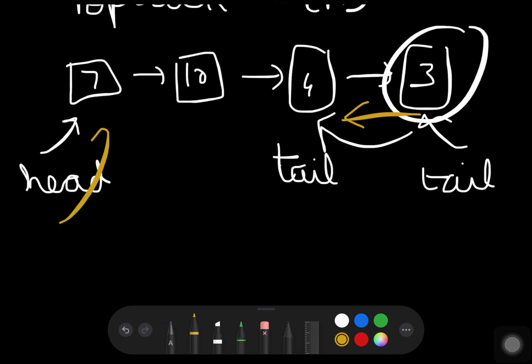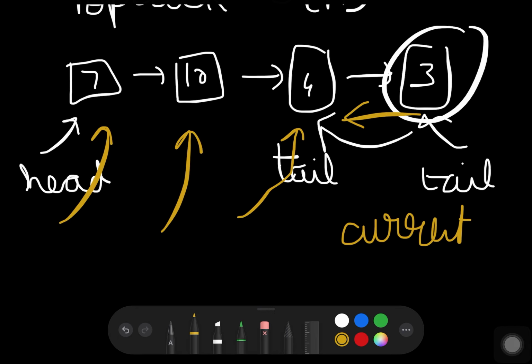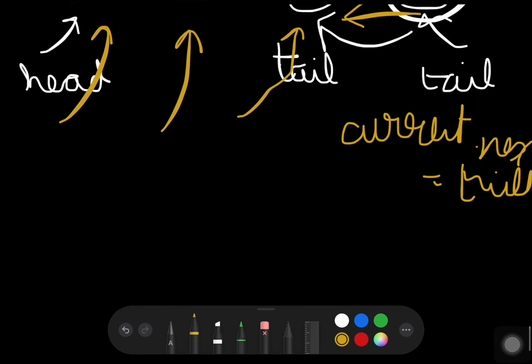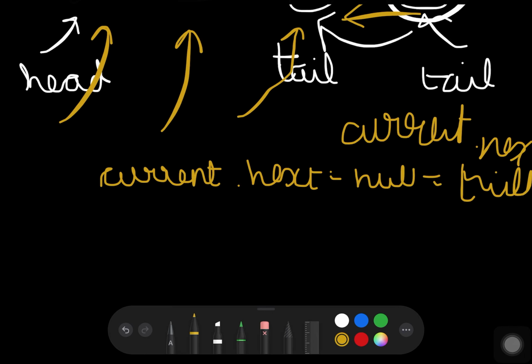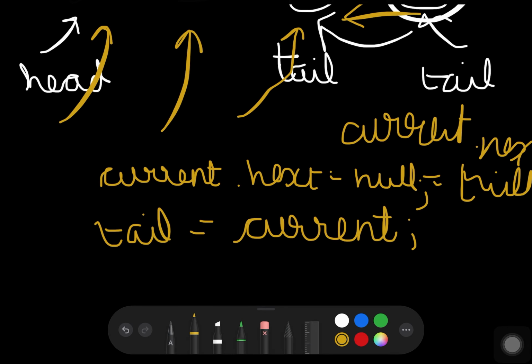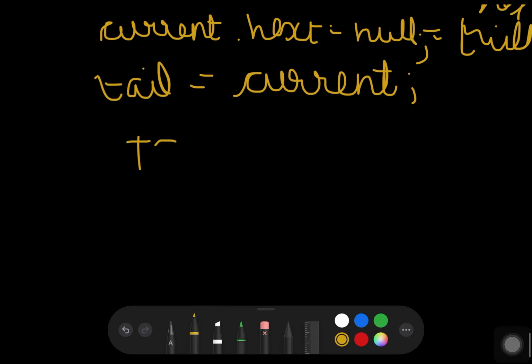So here we would have to take a current node, it will go there, then here, and then we will do current.next equals null, and then tail can point to current. So it will still take a complexity of big O of n. I hope it is clear.